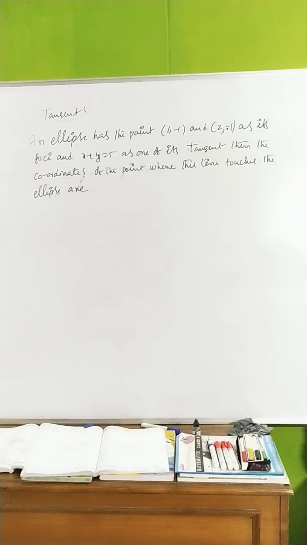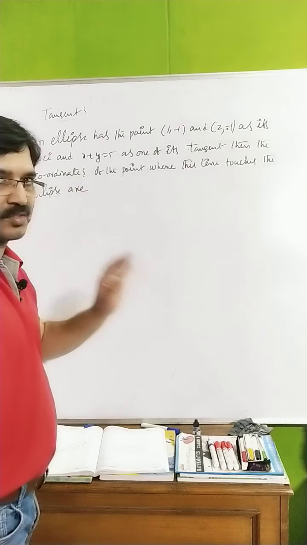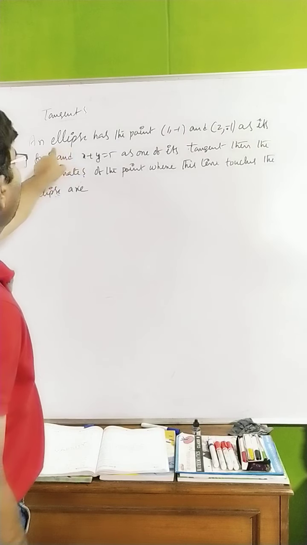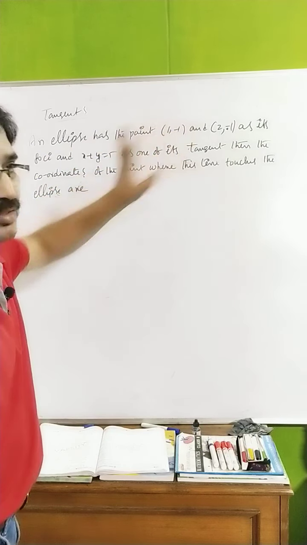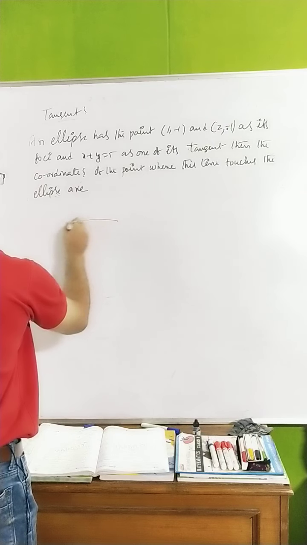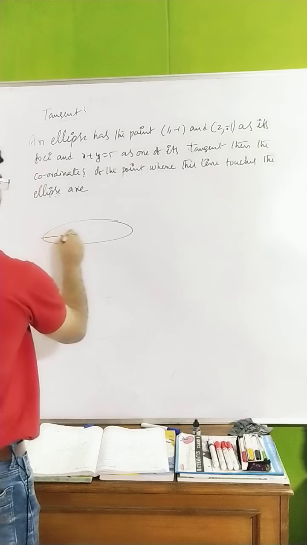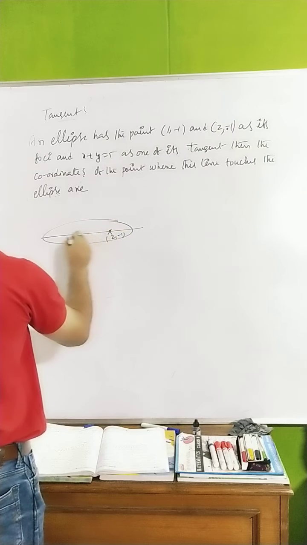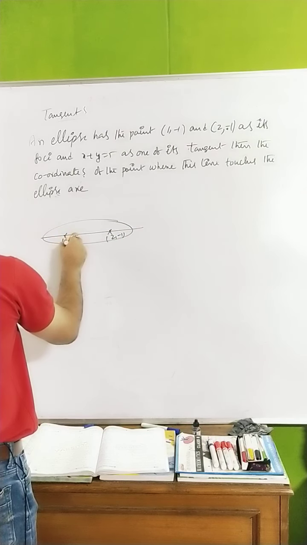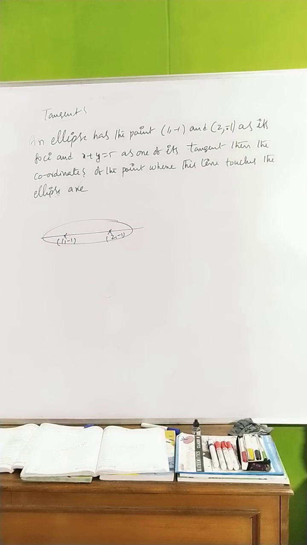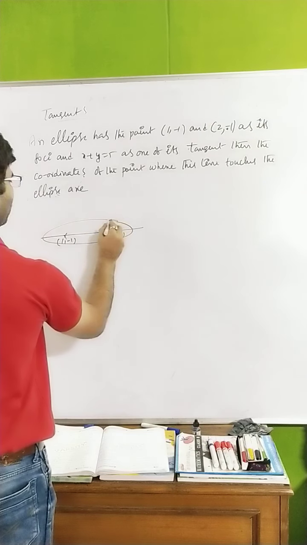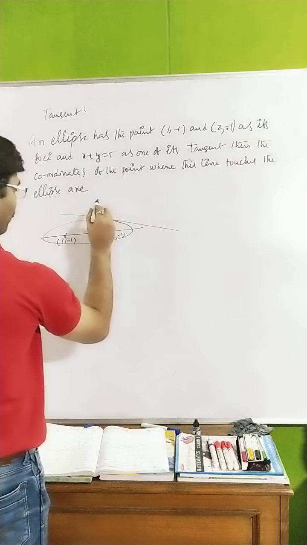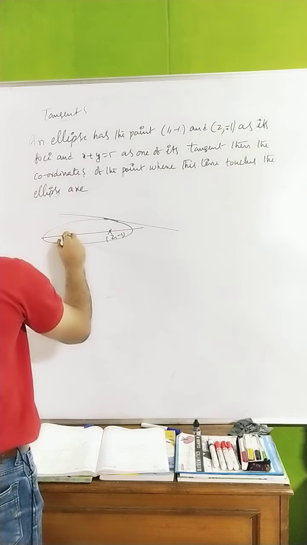Boys, I feel that this is one of the best questions because you think positively. What he has given, an ellipse has these two points. No doubt that we have a horizontal ellipse. Why? Because the y coordinates are same, so you can write 2 comma minus 1 here and 1 comma minus 1 here. Now let us say that some tangent is there. I don't know where it is going to touch. Rough diagrams are not absolutely correct, I am taking a rough diagram here.